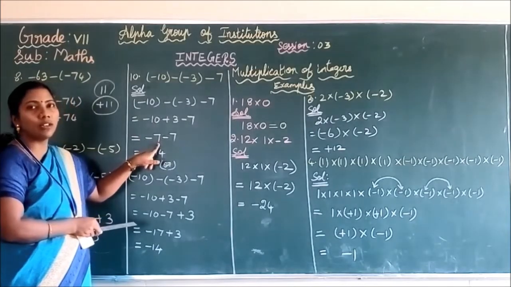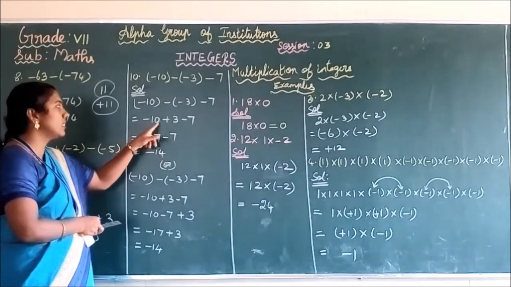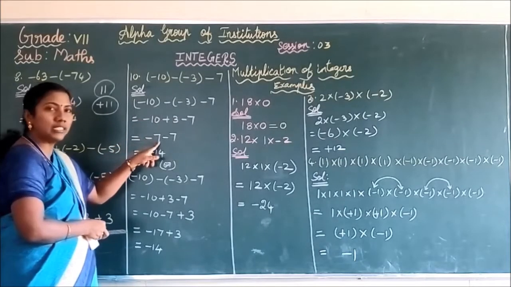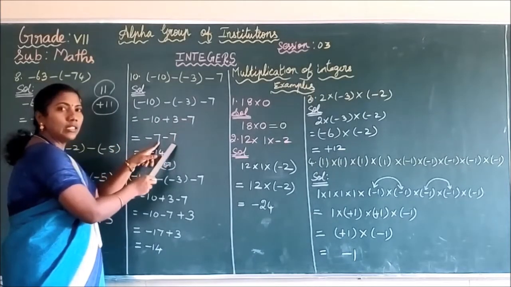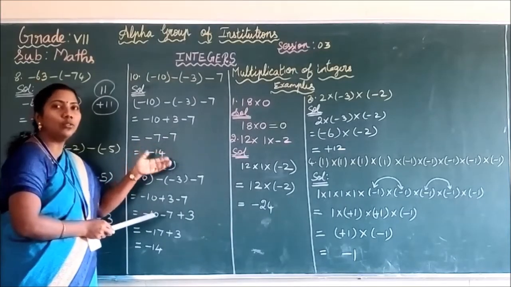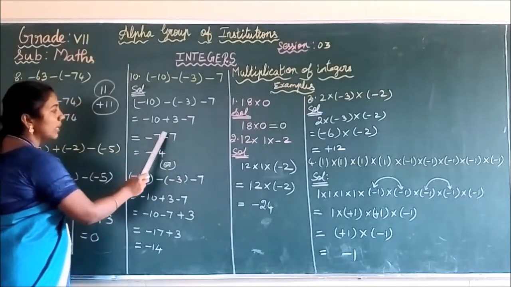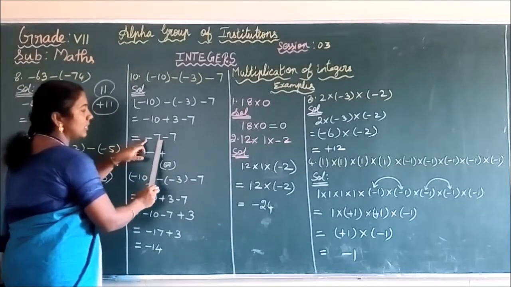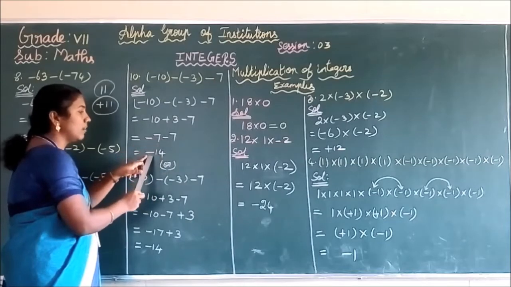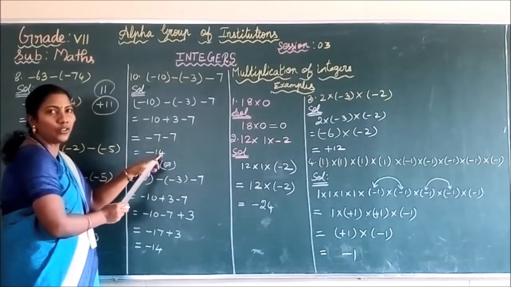What is the symbol for 7? The larger number's symbol. Here what is the larger number? 10. What is the symbol for 10? Minus. Thus you get minus 7. And write the minus 7 as it is. As per rule 1, if the given two integers are in the same sign, you have to sum the integers. So by ignoring the sign, add the two integers. 7 plus 7, you get the answer 14, and the sum takes the common sign minus. Thus you get minus 14 as the answer.